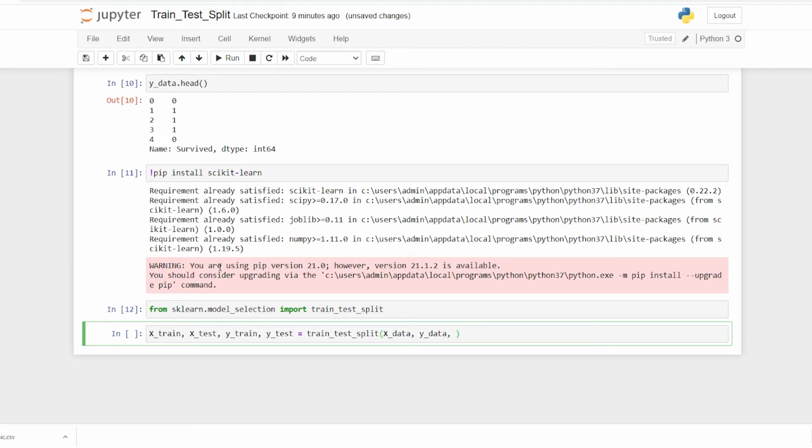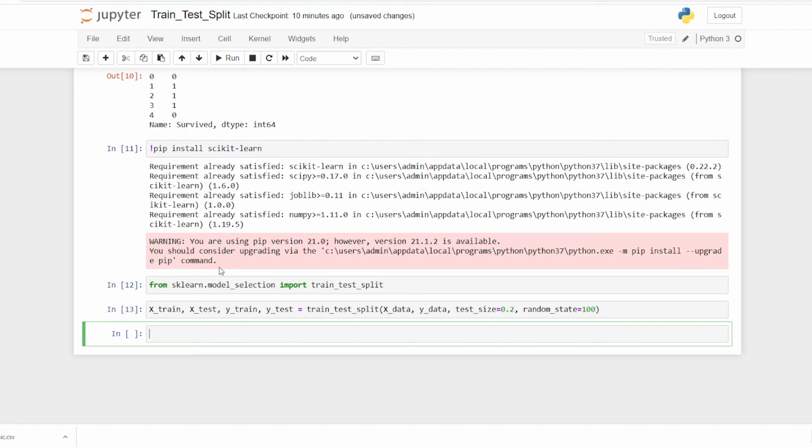Again, I'm not focusing much on the model aspect of it. There is a lot of pre-processing which we will do in the upcoming videos with respect to each and every single concept. We are going to build our concepts based on a certain set of data values, and then you can learn accordingly. Now the next thing is you can specify your test size. I'll select 20%, so I'm saying 0.2, which states 20%. Apart from that, you also have random state. This random state is responsible for shuffling and taking the random values. I'll just say 100, and we have it.